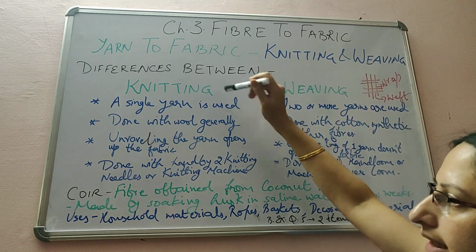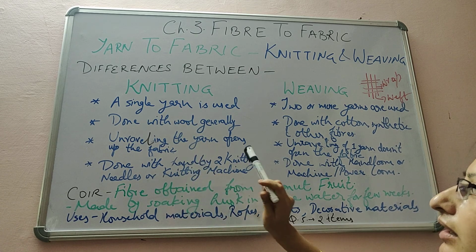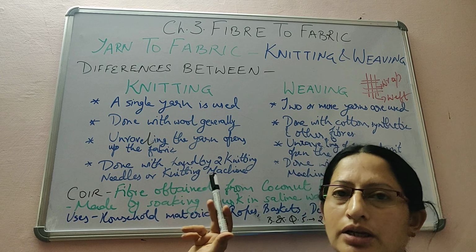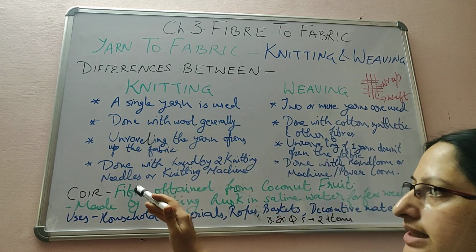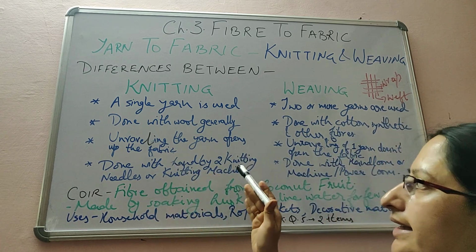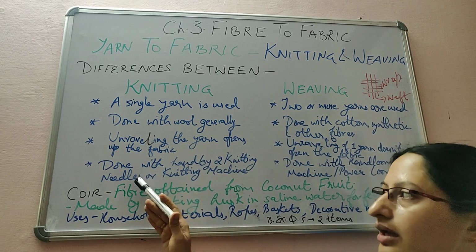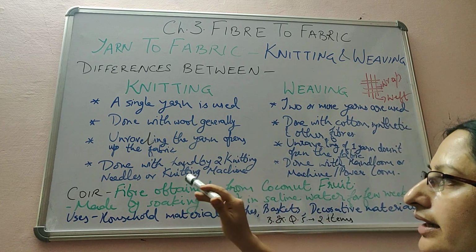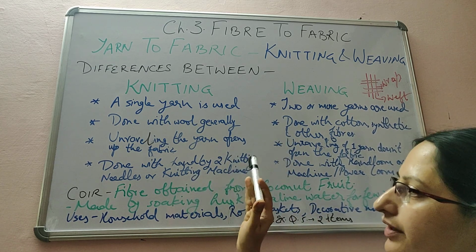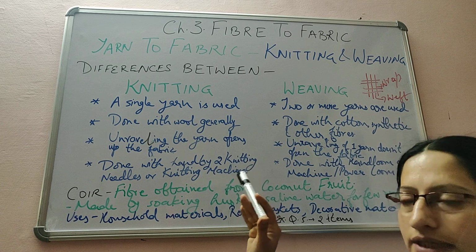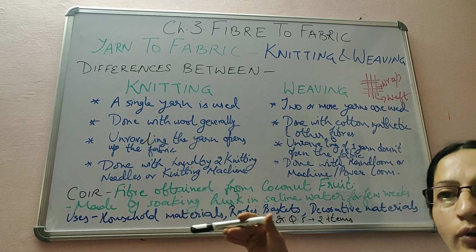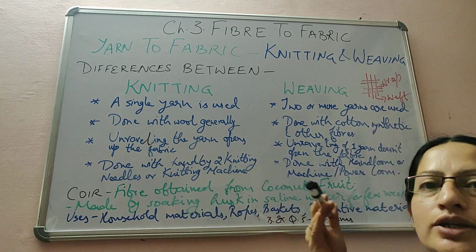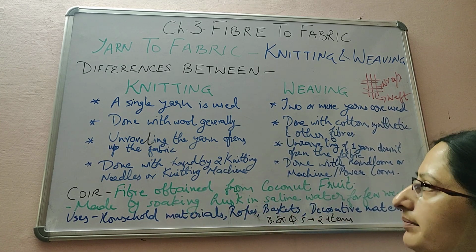Now in case of knitting, knitting is done by hand with 2 knitting needles or with a knitting machine. When hand knitting is done, we use the needles, and when machine knitting is done, we use the knitting machine. The knitting machine makes the work faster because it runs on electricity. Less labor will be needed. More knitted fabrics can be produced, or more sweaters can be produced in a short span of time.